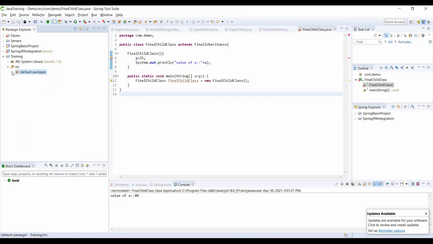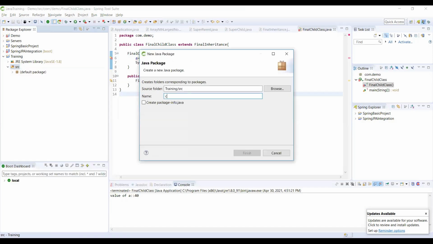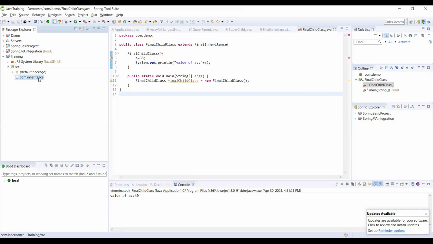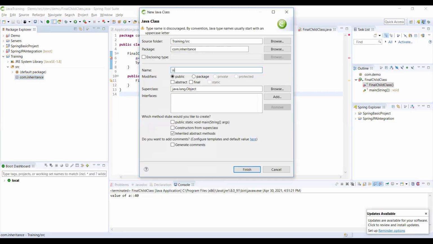I will take this as a package here, and here I am creating a class, single parent inheritance.